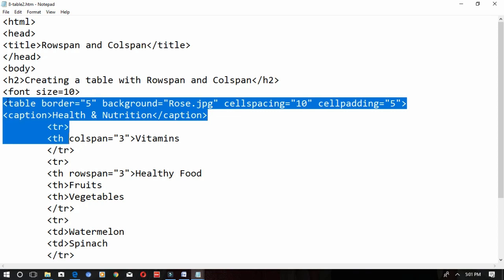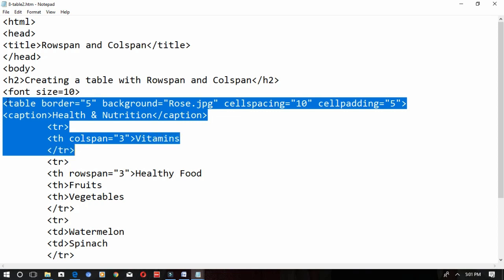And I have created the TR tag. My TH has colspan equal to 3. That means I am merging the 3 columns and giving the heading as vitamins. So only one heading, because I merged the 3 columns and gave one heading. So close the TR tag. Next, again opening the TR tag, it specifies the row span.